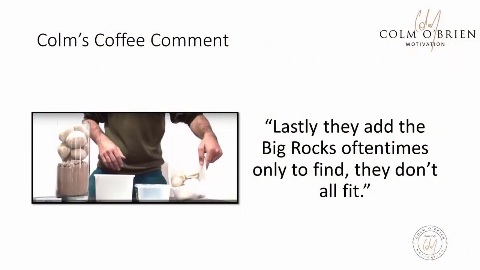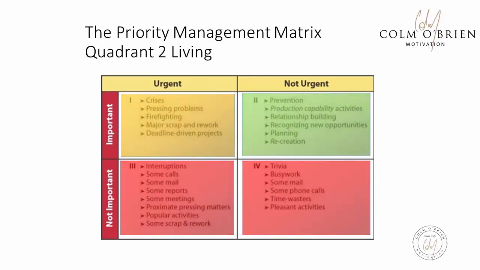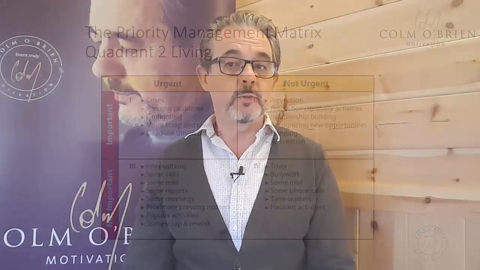And so what does the sand and the gravel and the big rocks represent in your life and in mine? Well, let me explain. So the sand represents all of that stuff below the line in the priority management matrix in quadrants 3 and quadrant 4 that really suck up our time. It's stuff that is foisted on us by others, living to other people's agendas, answering phone calls that we really don't want to answer, answering emails that make no sense to us, attending meetings perhaps that really again are other people's agendas and not ours. Quadrant 4 is that stuff that just wastes time. Won't get into that. You can go to last week's blog to find out more.